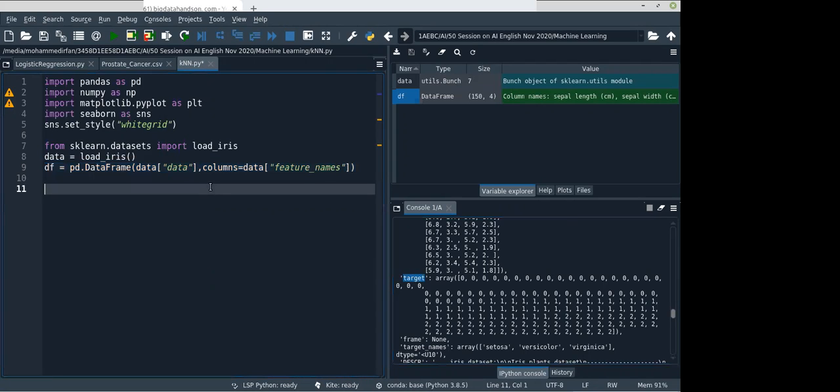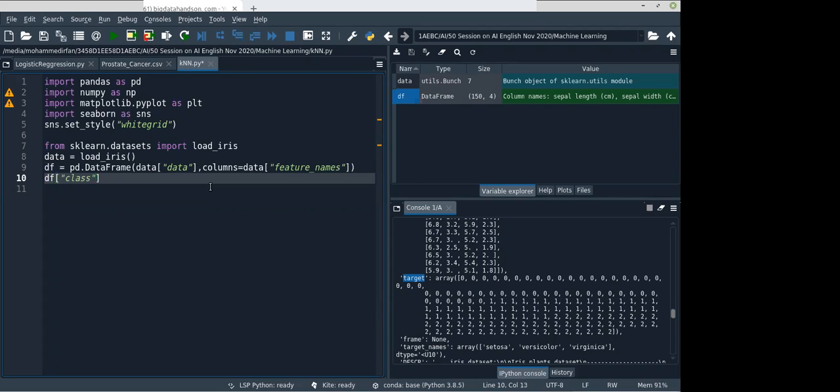So what I'm going to do is, in the data frame I'm going to create a new column named class, and I'm going to assign the values as the data of the target variable. In the target only we have the prediction data which we are going to predict, and I'm going to assign this data in the class column.